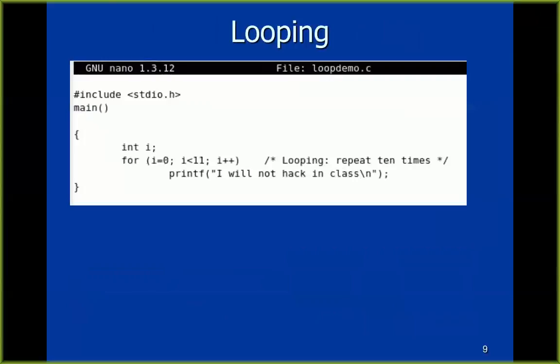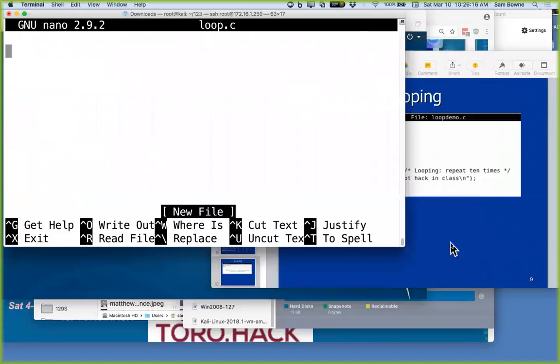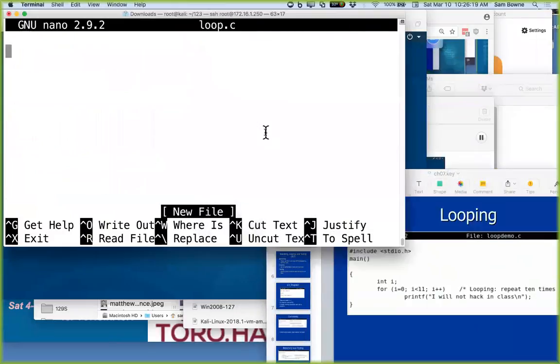So then there's looping. And this one here is fun. Let me put this one in because this is your first sort of quiz thing, loop. This is a very common kind of error, easy to understand, but hard to avoid. So let's include standard IO, headers again, and then main, and now int i. By the way, you don't need to put in tabs or anything because C doesn't care about white space. That's why you need those semicolons. It doesn't really care about tabs or spaces or anything. Python does. This really frustrated me when I started using Python. Spaces and tabs matter, and I was used to C. I was very baffled why none of my Python would work.